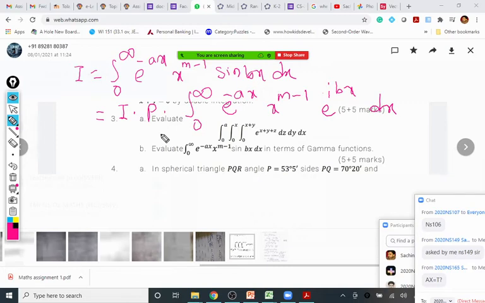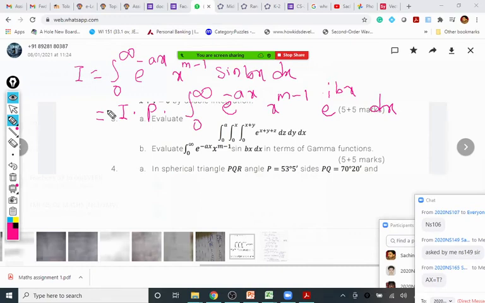Then it will be e power i bx. Only the imaginary part will be replaced by the real part. Correct, very good. It is e raised to i bx, which only remains the same. The question can be asked for sin bx also or cos bx also. If it is for sin bx, we have to consider only the imaginary part. If it is cos bx, then we have to take the real part, and only those two possibilities, not other than that. So tan bx or cot bx will never come in the exam. That means we'll only be changing IP or RP. Correct, either IP or RP, that is the only change.